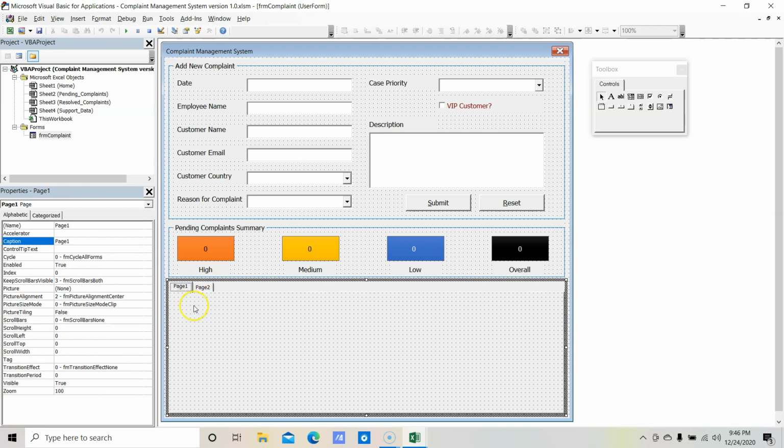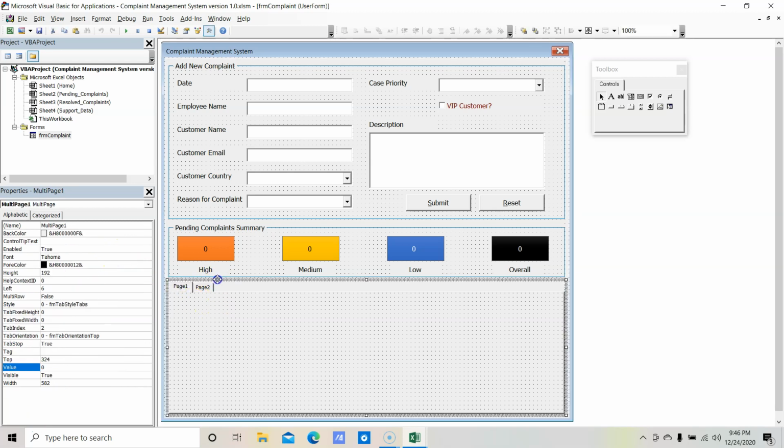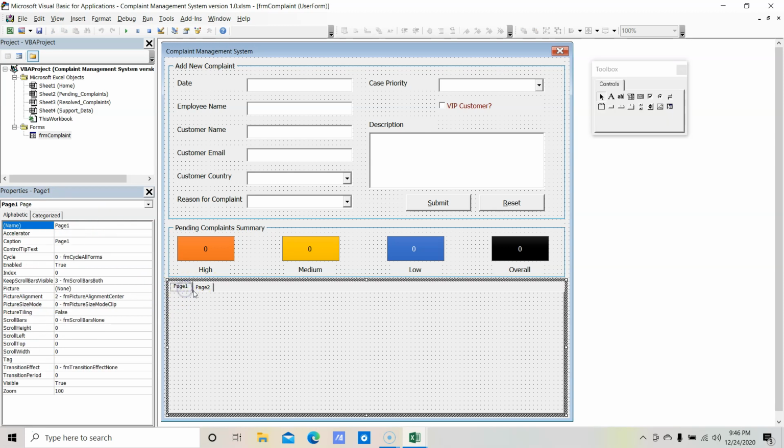So let's change the properties. First of all we need to select the multi-page here, and the name would be multi-page. Okay, so let it be multi-page, and now we need to change the caption which is showing over here. So we will keep the name page 1 as it is, but the caption we will keep pending complaints, okay, and we can also assign an accelerator key here. So let's use P,